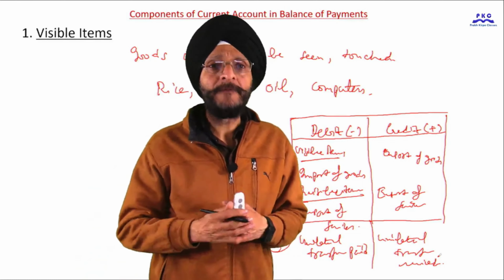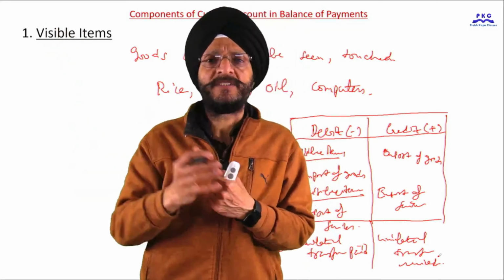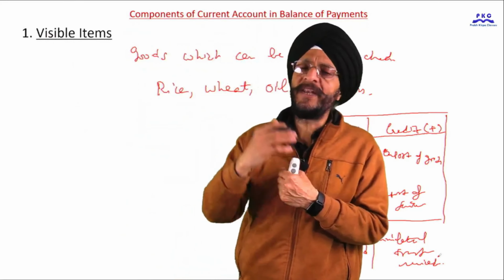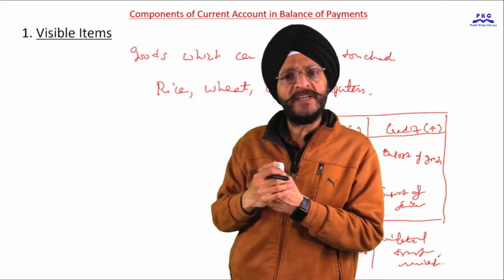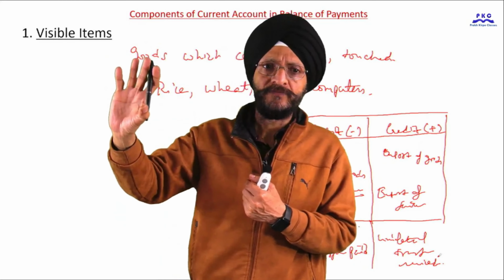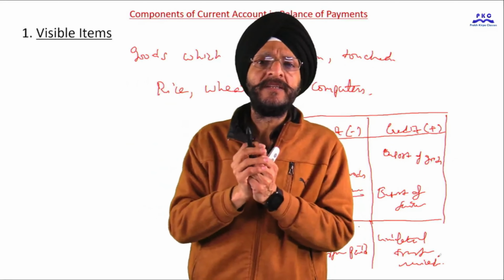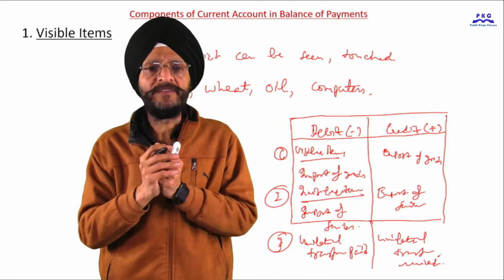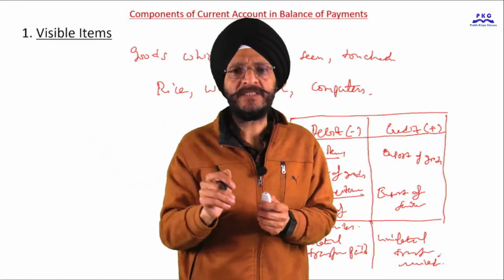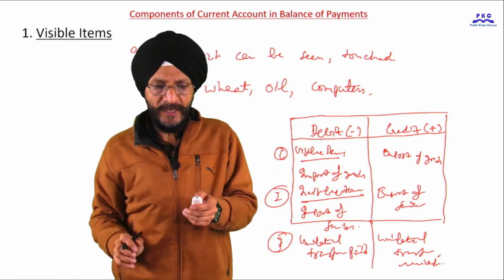It may also happen that sometimes a country may give debt forgiveness. That is, if a country has given a loan to any country in the world, and due to certain reasons, it has forgiven the debt as a whole, or it has given up its right to take back the debt, then it is called debt forgiveness. Debt forgiveness also comes under the definition of unilateral transfers. These are also to be taken into account under the head unilateral transfers.